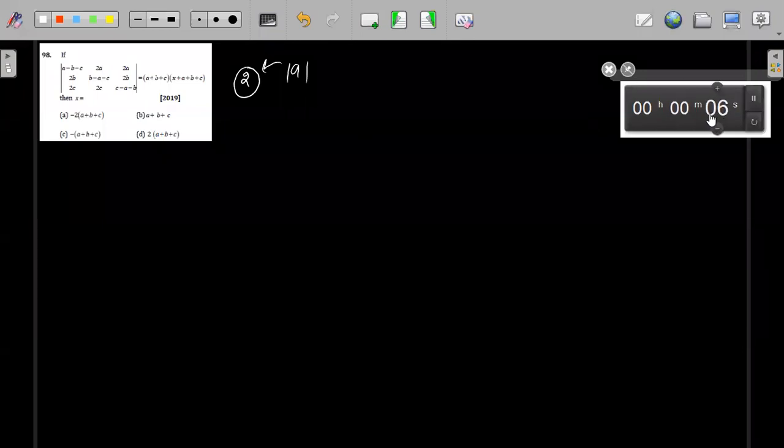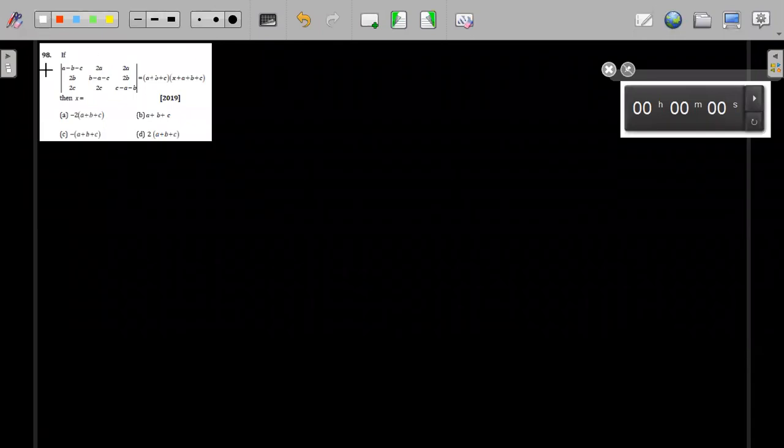You have spent 2 minutes on this question. For JEE, 2 minutes is too much for each question, too much for this kind of maths question. Okay, people solve it in 2 minutes. First thing, just by looking at it, you will get A plus B plus C. Sir, we can substitute 1 as ABC, right? You can substitute, but I don't think you will get the answer, because you will have squares. Maybe you can get it, but I don't think so.